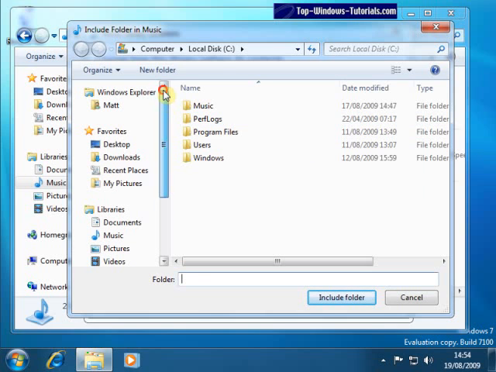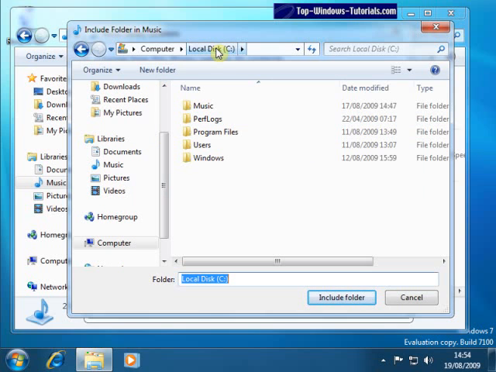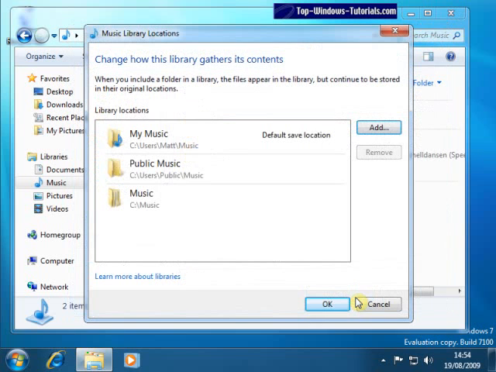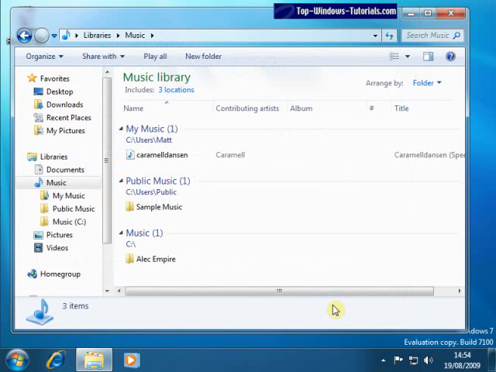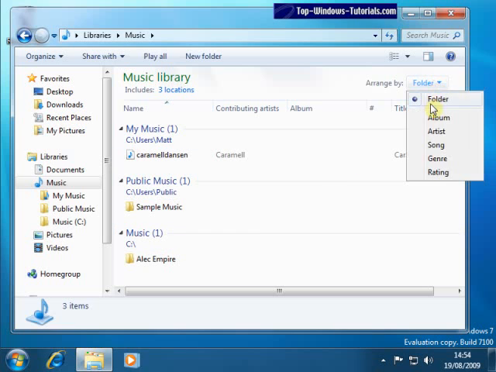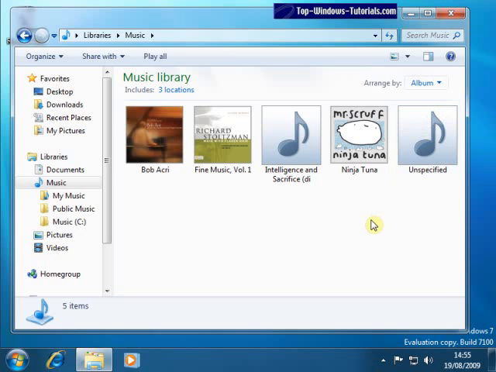Navigate to C drive. Nope, we're already there. Click on Music and then click on Include Folder. OK, the folder is added, and I'll click on OK. Right, we can see that a new folder has appeared. It's down here. Let's sort by album, for example. Now we can see all the albums in our library and play any of them with Windows Media Player simply